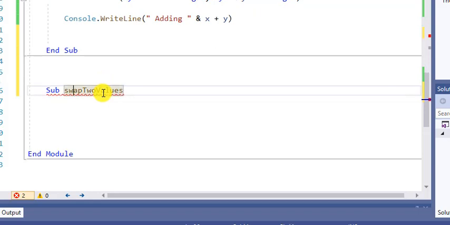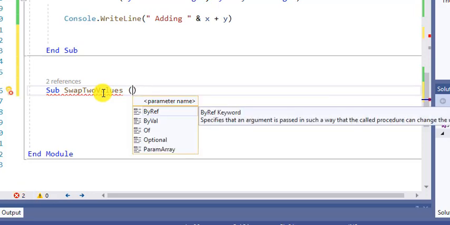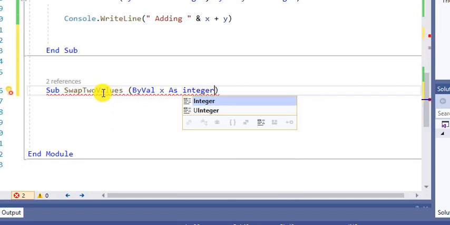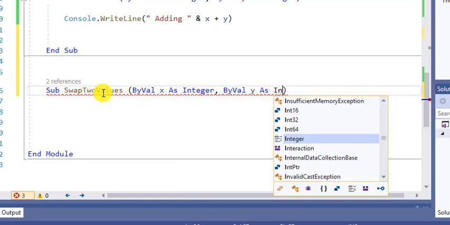The normal idea is there should be all uppercase, and ByVal, we are sending by value, so I'm going to say x As Integer, ByVal y As Integer,